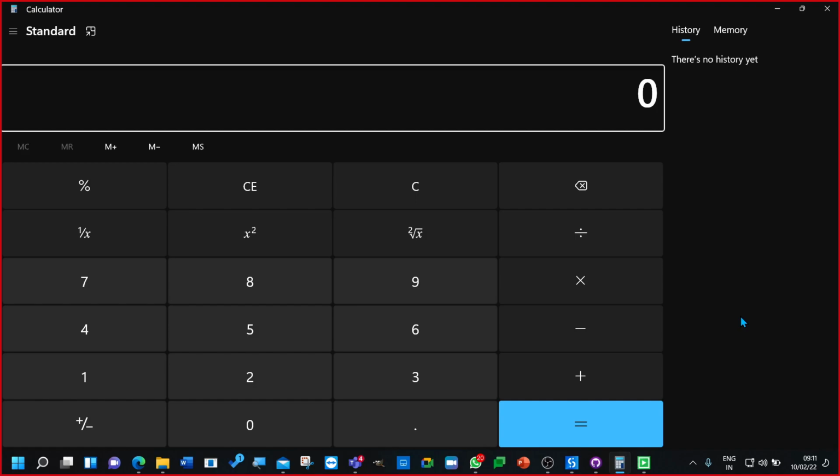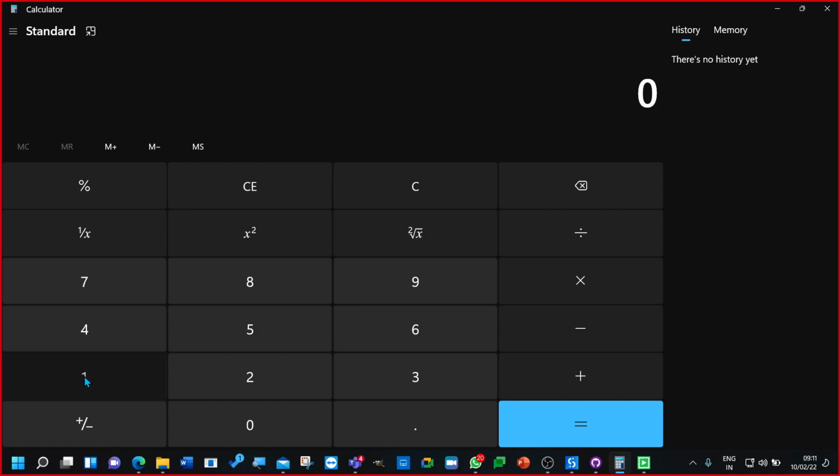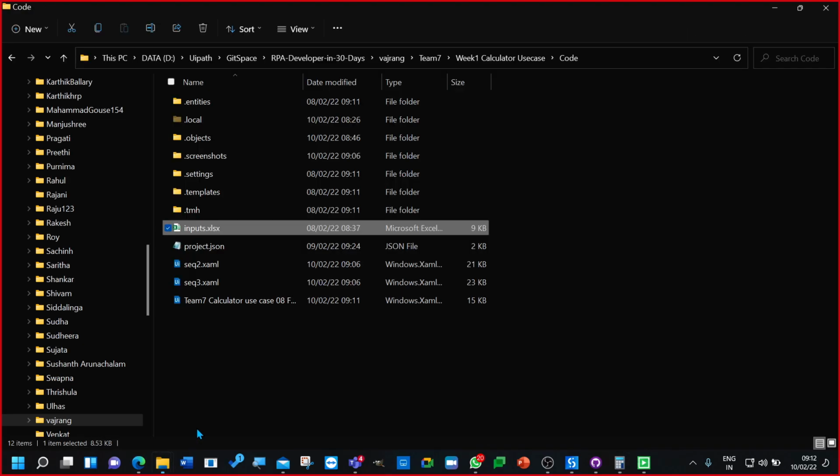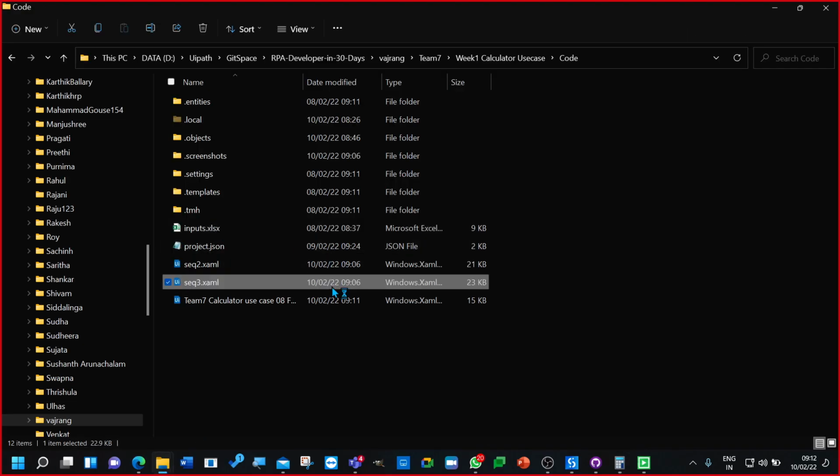It will attach window. It's clicking on 1, clicking on 1 again. Now it's clicking on 2. So in the Excel, we have 2 plus 2 or 2 into 2, something like that. Now here comes the part. Why is it not able to click the next one? Have you seen the input file? If you go ahead and check in the input file,